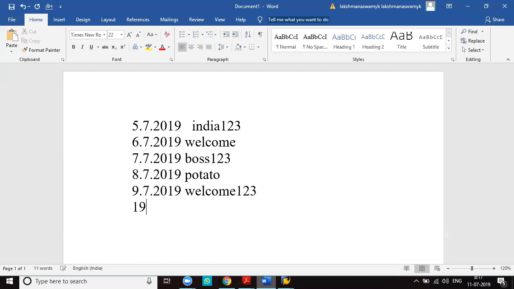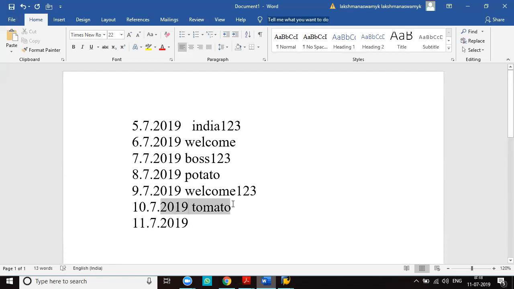Then on 10/7/2019, if I need to change the password, I cannot use any of the previous 5 passwords. I have to use some other password. Let us say tomato. Then on 11/7/2019, if I change the password, I cannot use the immediate previous 5 passwords.